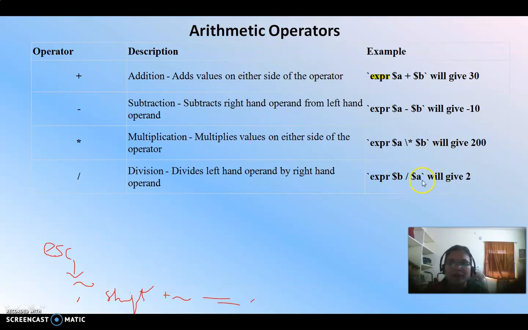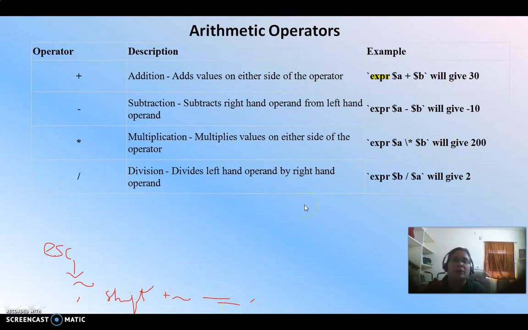So you can use various kinds of variables and values along with the operators. But remember one thing: you can't use those operators directly. You have to use them along with the expression. The expression is represented with the keyword expr. The expr keyword is put in this kind of single quote marks, which you get by pressing shift plus tilde mark, and then you can write all these things.